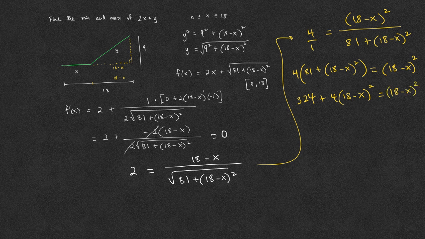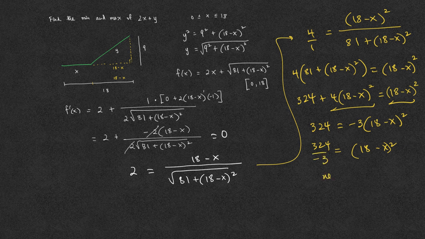We then move 4 of (18 minus x) squared to the right hand side, so 324 equals 1 of (18 minus x) squared minus 4 of (18 minus x) squared, which is negative 3 of (18 minus x) squared. And so (18 minus x) squared equals 324 over negative 3, which is a negative number, and the right hand side is positive,